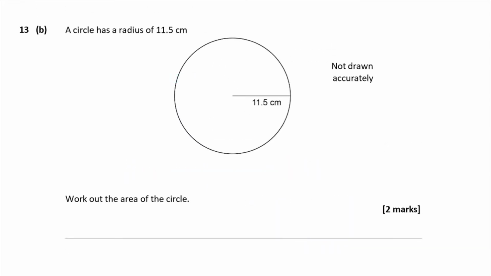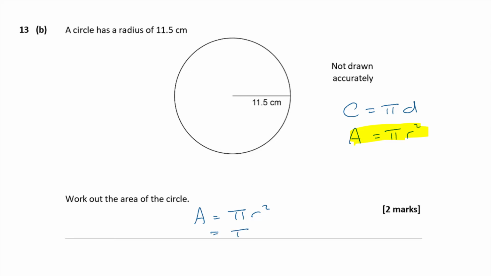Part B says a circle has a radius of 11.5 centimeters. Work out the area of the circle. So my formula for a circle: cherry pie delicious, apple pies are 2. Cherry pie delicious, circumference of a circle is pi times its diameter. Apple pies are 2, area equals pi times r squared. Now it's this one we want here, isn't it? We don't want circumference, we want the area, so I'm going to pick that formula. So area equals pi r squared,